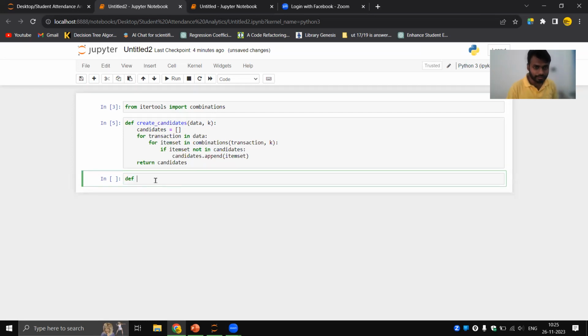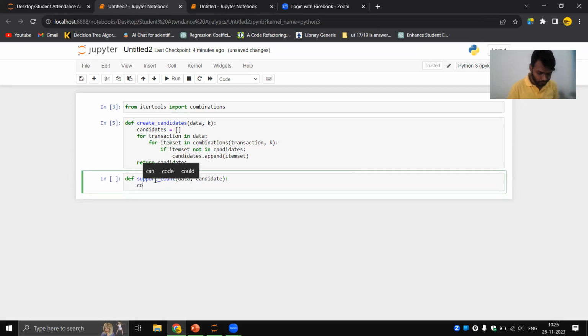Now next, again create one function: def support count. We'll count the support. So data, then candidate, and then count is equal to 0.